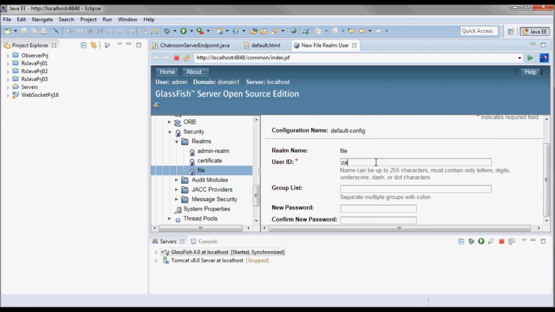So let's call it ZA user 1, and the group is gonna be the users group, and for password, just use password.